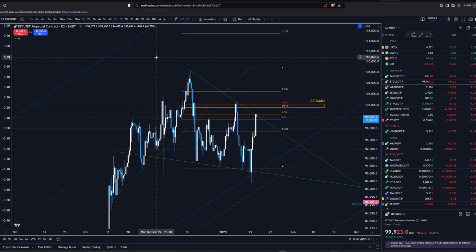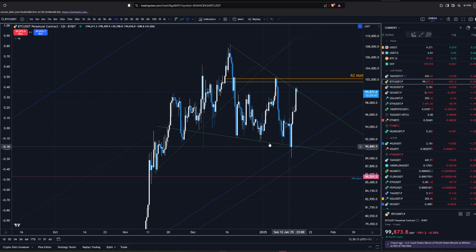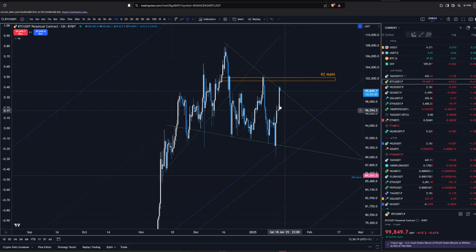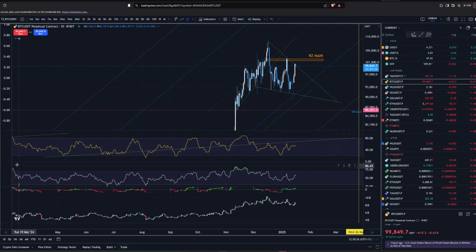As per my previous video, I was talking about Bitcoin potentially bouncing straight up to the rebound zone at the 0.618 to 0.65 area. That's what we've done. And we've had a sharp decline into below these wicks, taking out some of that liquidity at each of these levels. And actually what I was looking at on the higher time frame,